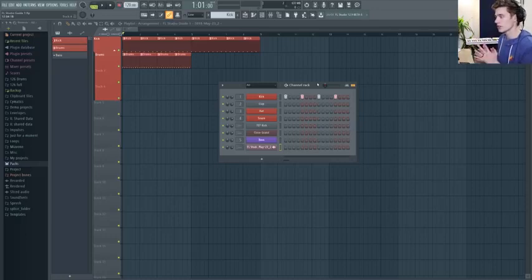Just going through a really simple overview of everything we've talked about. FL Studio is split into some pretty important windows. We have the browser again, where all of your samples and all of FL Studio's samples and instruments are stored. You can drag these straight onto the playlist or drag them into the channel rack. The channel rack is going to have all of your audio, all of your automation, all of your MIDI information stored for your patterns. Then the patterns are going to be arranged on the playlist to create your song, and